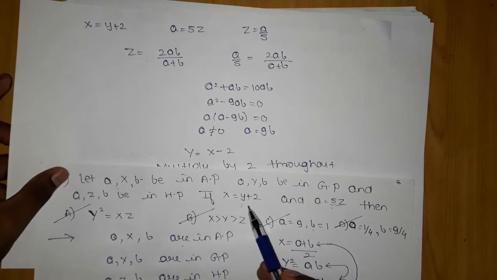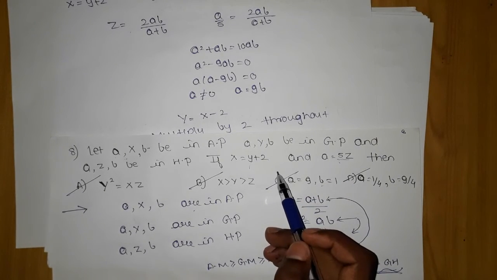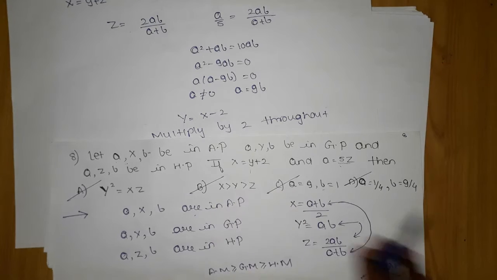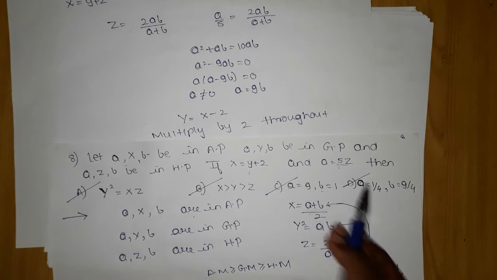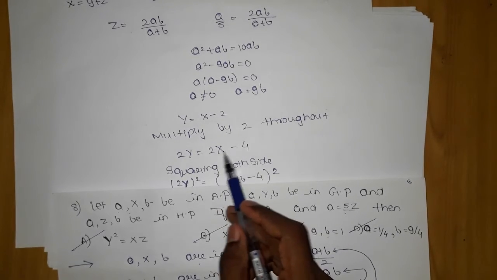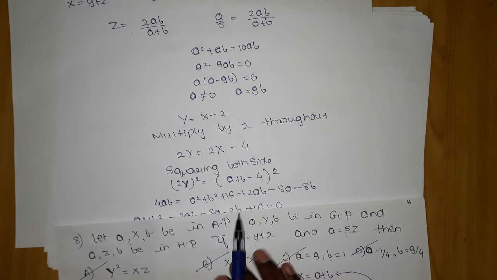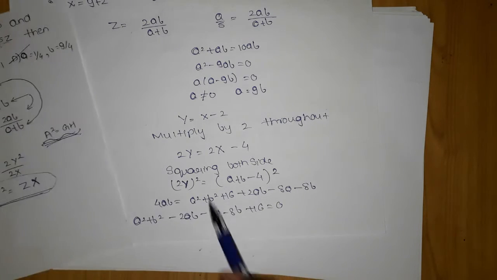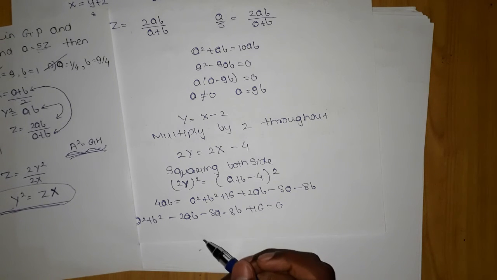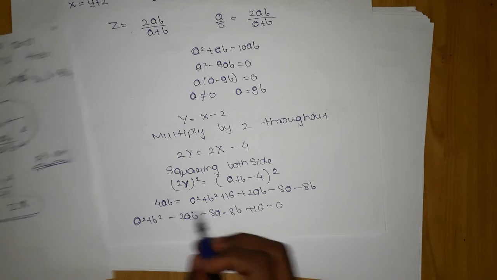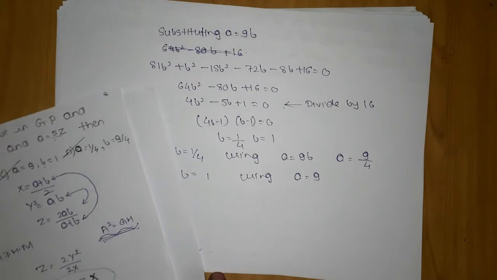Then I used the second equation. Okay, I had the 2x value, and I have to use that 2x value. So to use that 2x value, which was this, I just multiplied throughout by 2. Okay, which equation? This given equation, and then squaring both sides, which will help me out because I had the y square value, which was AB. Now after doing this, we simplified and solved the equation giving b value as 1 by 4 and 1.